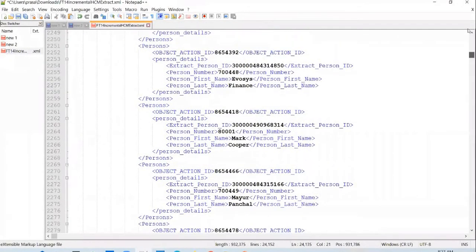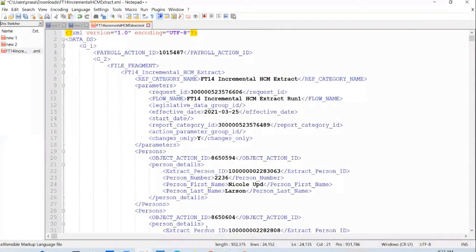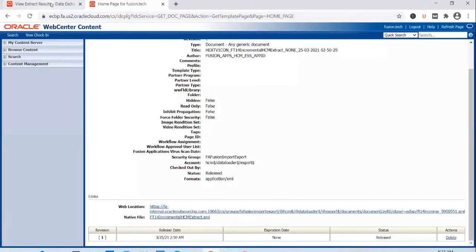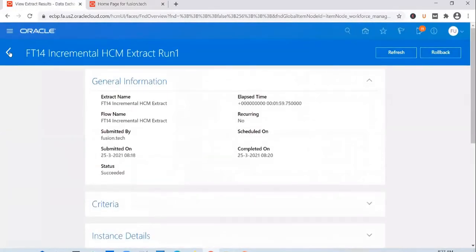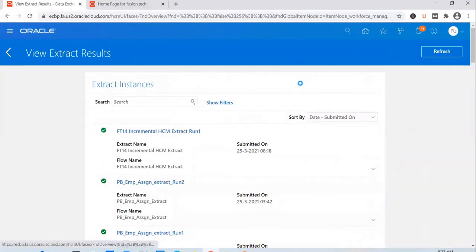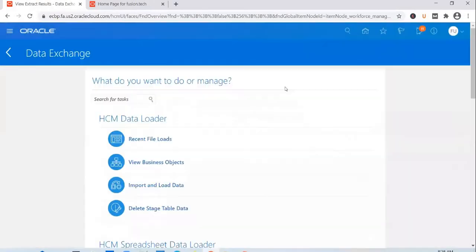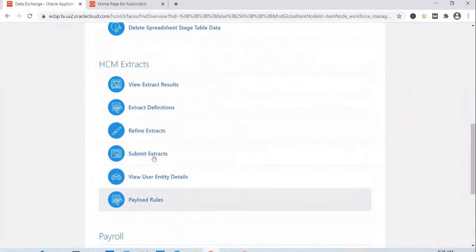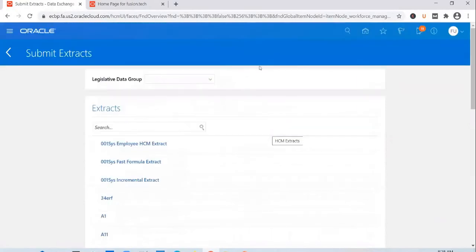Okay, you could see the employee details pulled, and you could see that all the employees are pulled, a file generated and uploaded to UCM. Okay, let's go ahead and run the extract one more time. But this time, from the previous run, nothing has been updated in the instance.